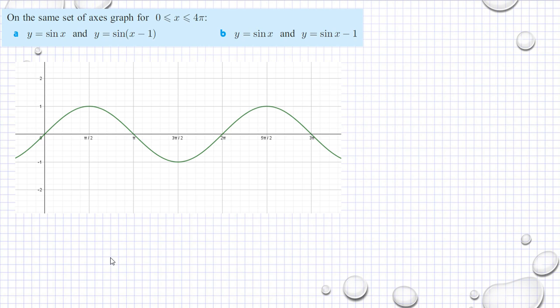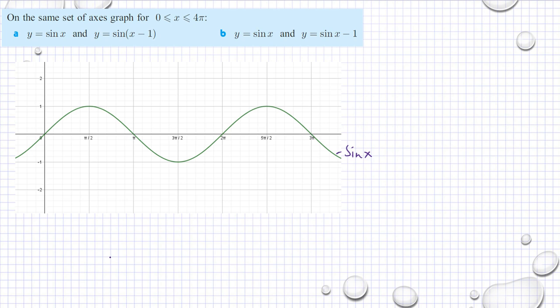Another example on the same set of axes, graph up to 4 pi. We have only 2 pi here. But let's see, we have 3 pi here. I think it's enough. Okay, then it should be sine x. We have already sine x here. And the